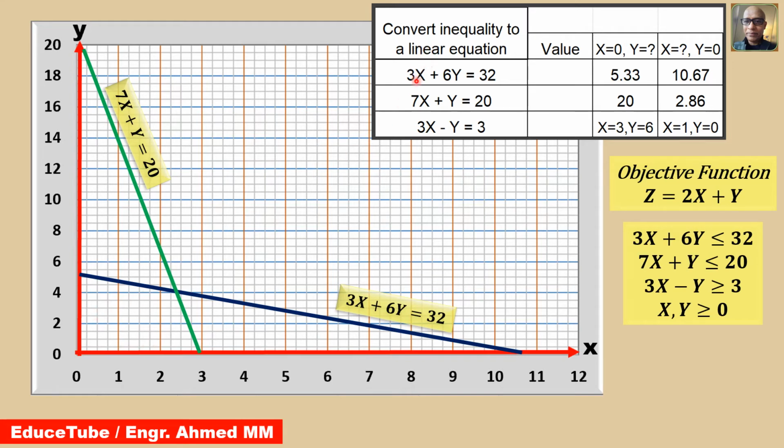If we had only these two lines. But we have now another line also, 3x minus y equal to 3. In this line, I want to mention one important thing, that here there is a minus. But as we know, we will plot on the first quadrant, so all our values will be positive. So be sure with